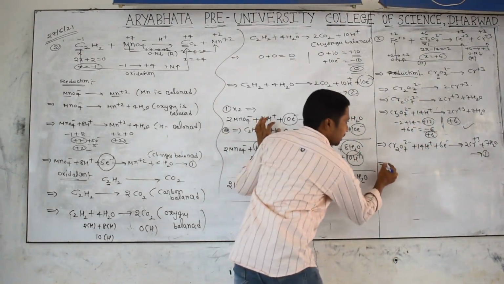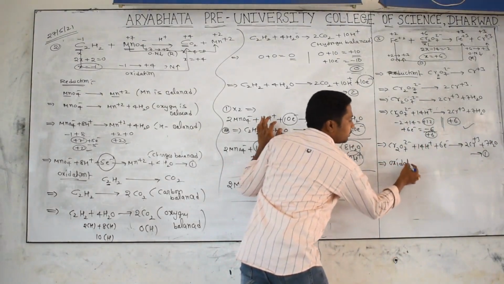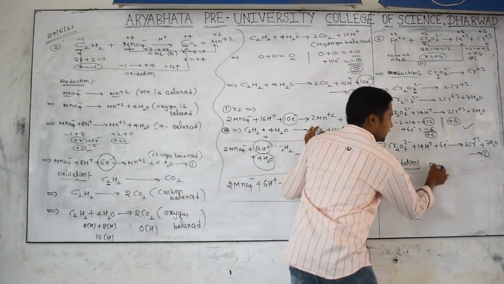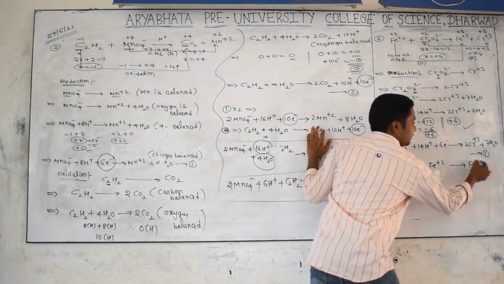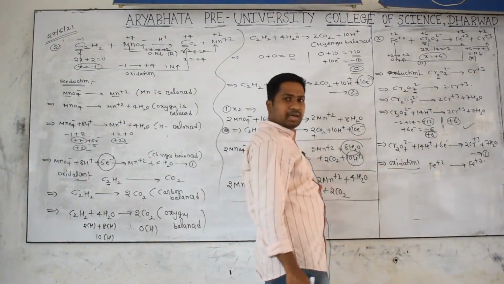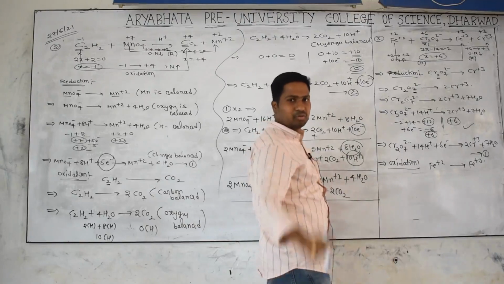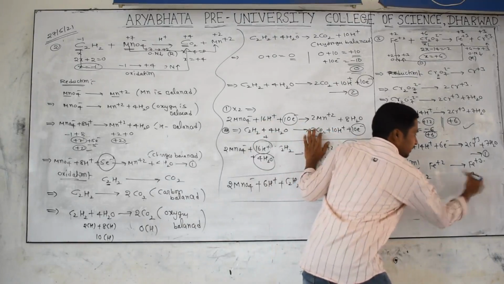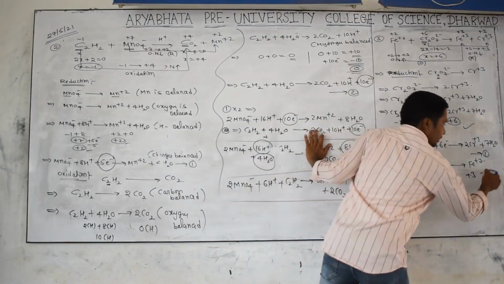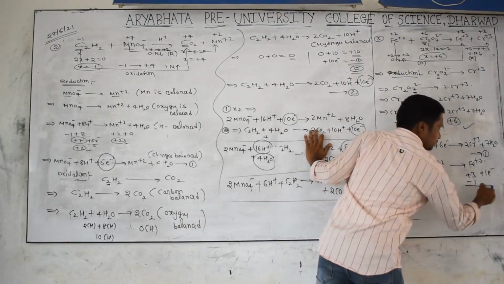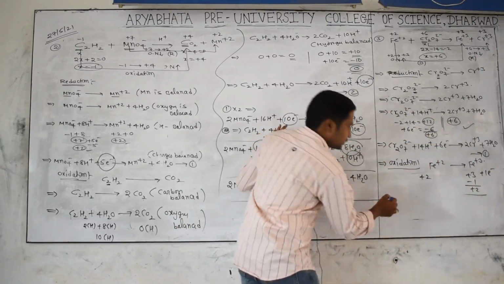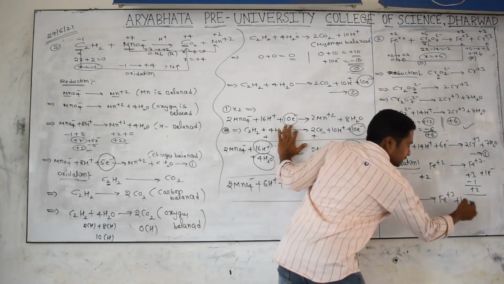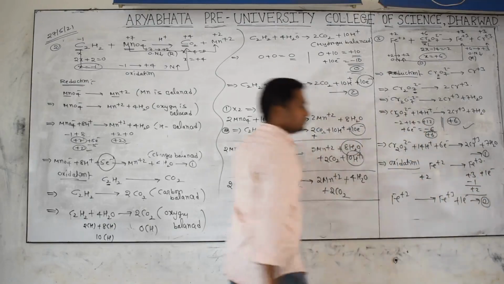Take it a second time. Oxidation: check it out, everything will be balanced. What is the oxidation? Yes, Fe plus 2 converting into Fe plus 3, very simple. Ions are already balanced, no oxygen, no hydrogen, only balancing of charge is required. Left side charge is plus 2, right side plus 3. How to make it equal? By adding 1 electron. 1 electron means -1, then plus 2 and plus 2 are equal. That's why the oxidation is Fe plus 2 gives rise to Fe plus 3 plus 1 electron, equation number 2.